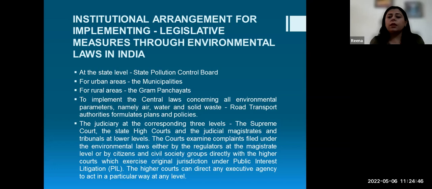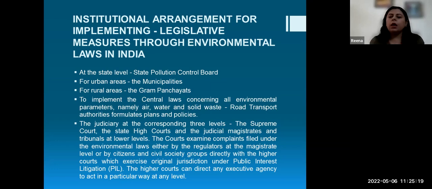So the court examines complaints filed under the environmental laws either by the regulators at the magistrate level or by the citizens and civil society groups directly with the higher courts. Under the original jurisdiction, these public interest litigations are governed by the magistrate level or by citizens and civil society groups directly under these higher courts. So the higher court directs any